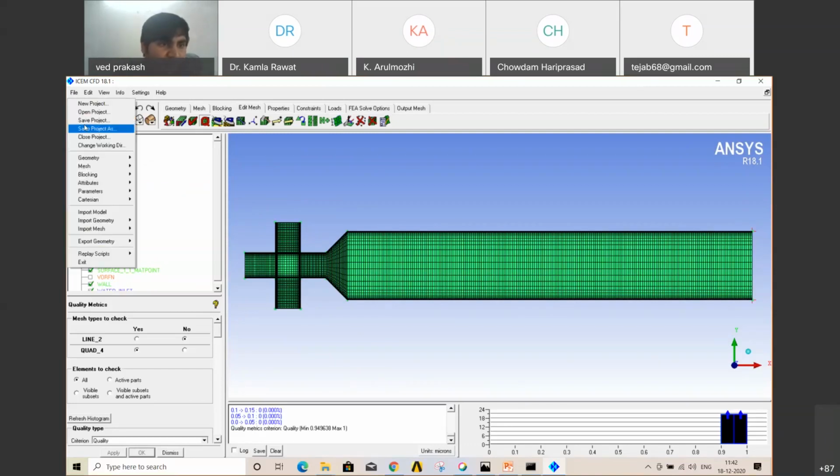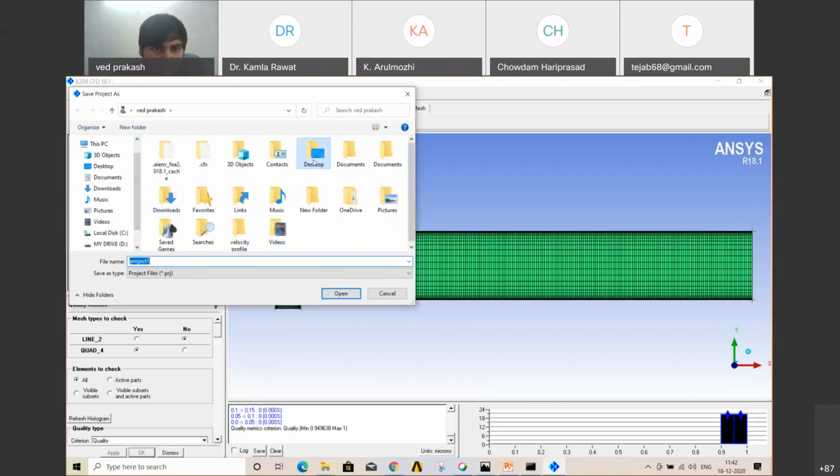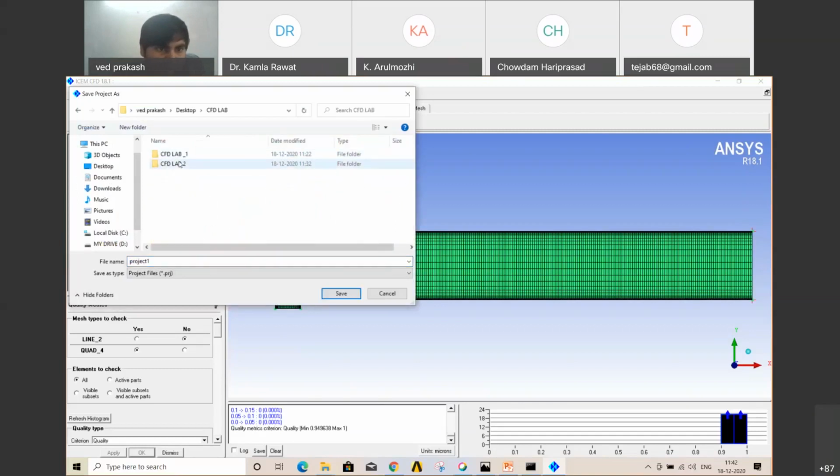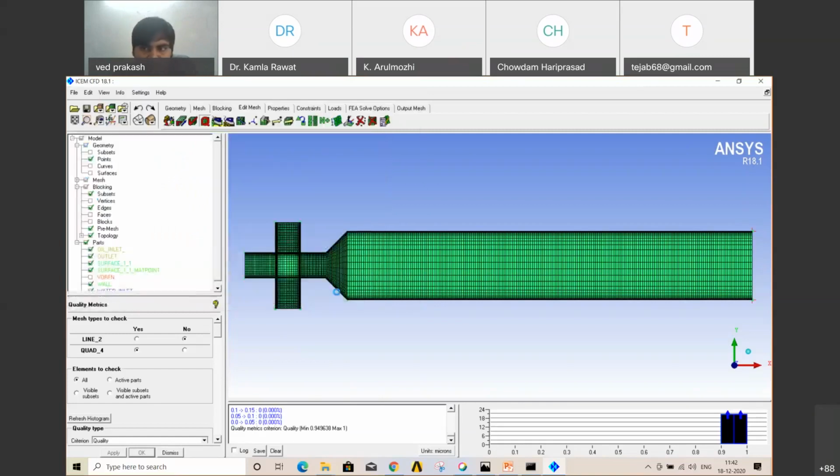So first save your project, desktop lab 2. Okay, save. Okay, project is saved.